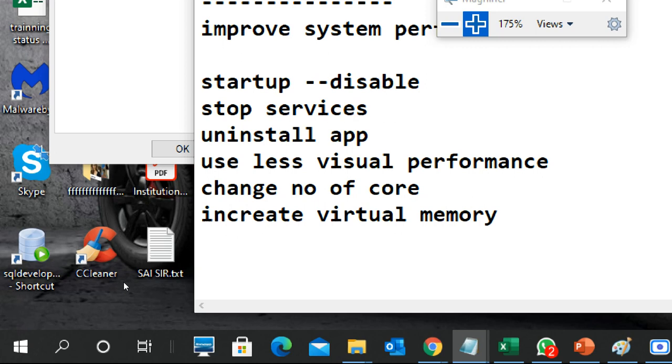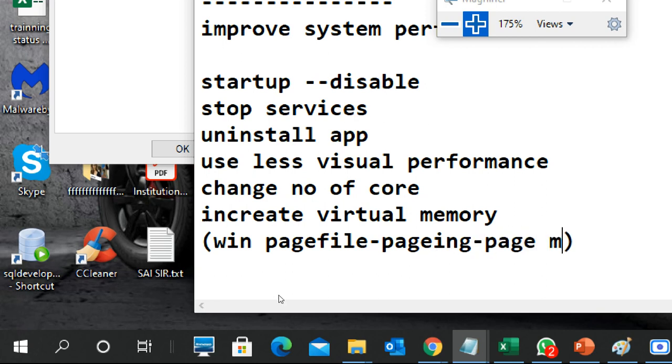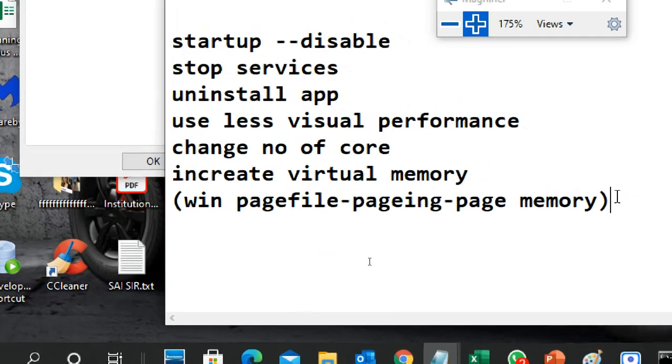Increase virtual memory. In Windows we call this page memory, the page file system. Page file, page memory, or paging, any name.